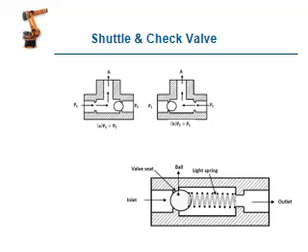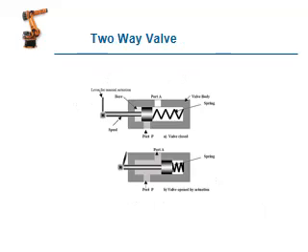Below is the check valve. Only one way flow is allowed; this is a check valve. Whenever the ball is pushed by the spring back, when the pressure is increased in the path, the ball moves to the right side, so oil automatically escapes from left side to right side.